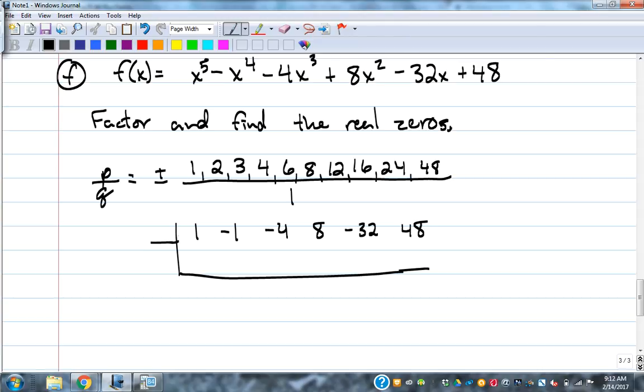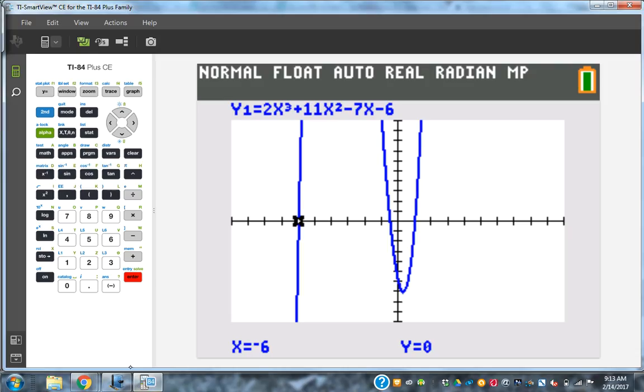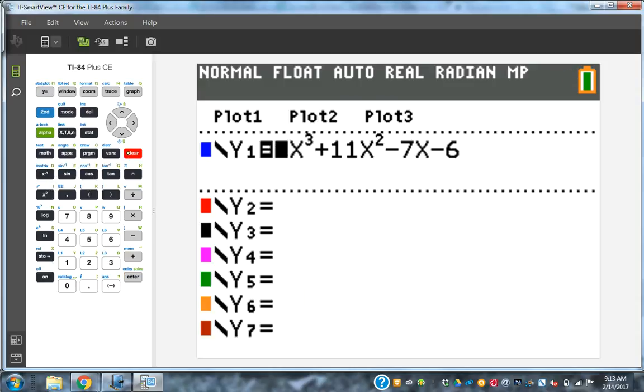What goes on the shelf, and how can we find one that does? Graph it. That's how you're going to find your first one. Back in the dark ages when I was in college algebra, we had to actually do synthetic division. We just kind of guessed at one we thought might be the right one and tried it. If it worked, we used it. If it didn't, we tried another number. So you've got to be careful of that. So graph that polynomial and see where it crosses the x-axis. So we've got x to the 5th minus x to the 4th